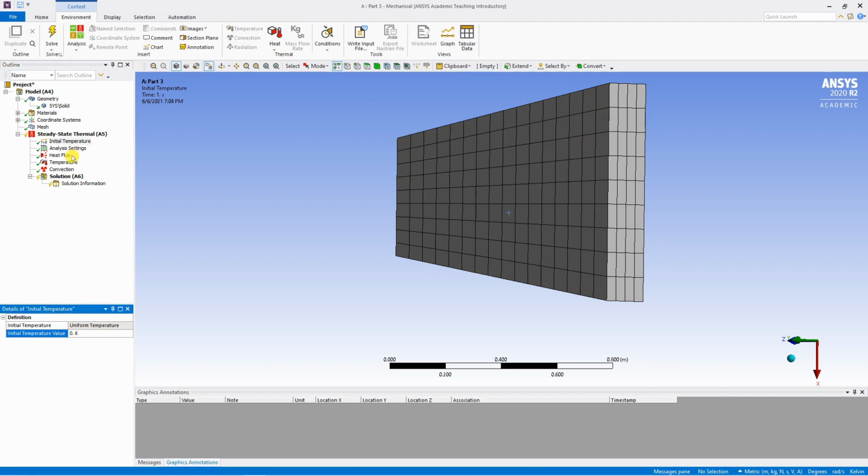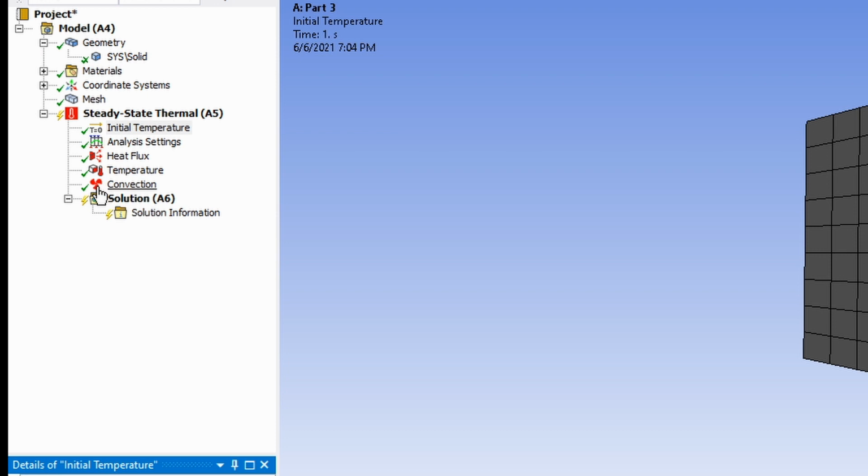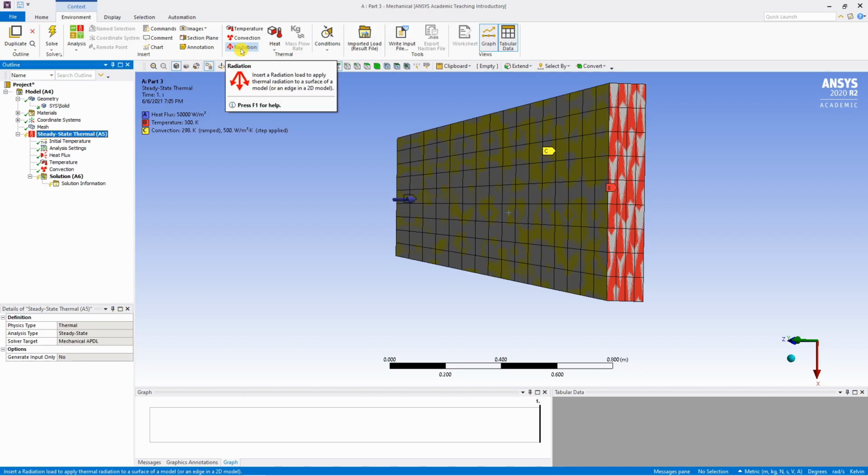You know one thing I like about ANSYS? Their symbols are pretty cute and kind of self-explanatory as well. Like see this convection fan symbol, this heat flux symbol, this radiation symbol. I find their symbols really cute and very easy to understand. You know, I make many videos about Abaqus as well on this channel, and compared to Abaqus, I like this thing about ANSYS a lot. Anyway, back to our video.